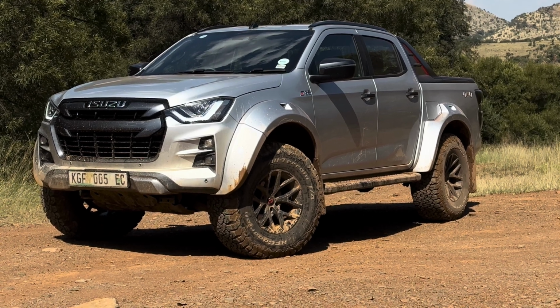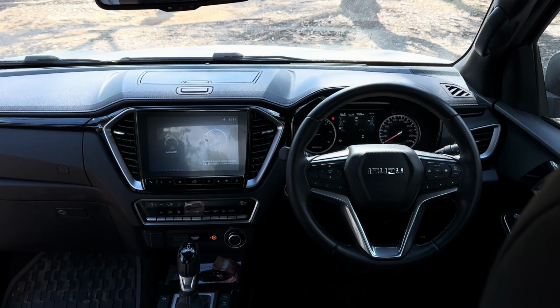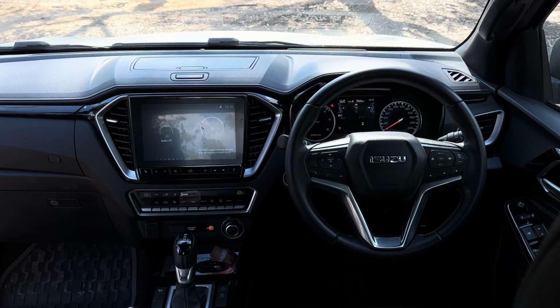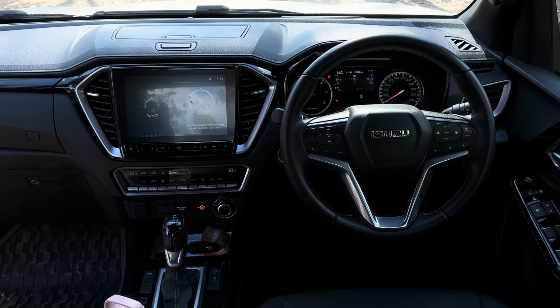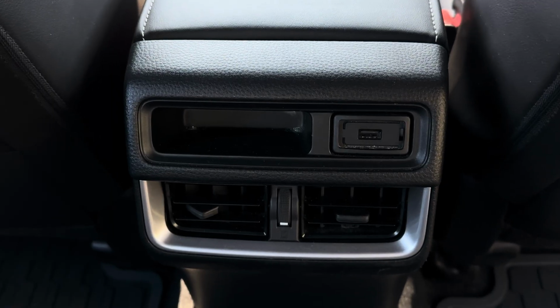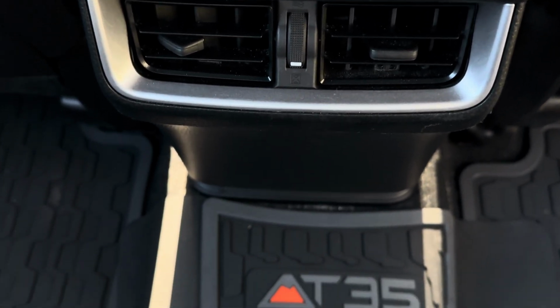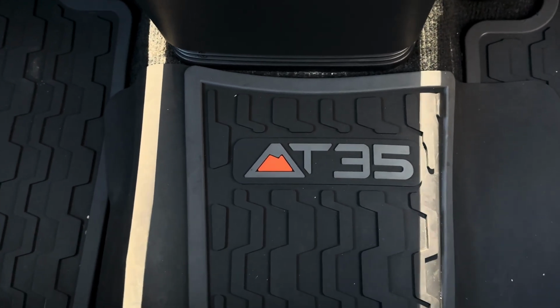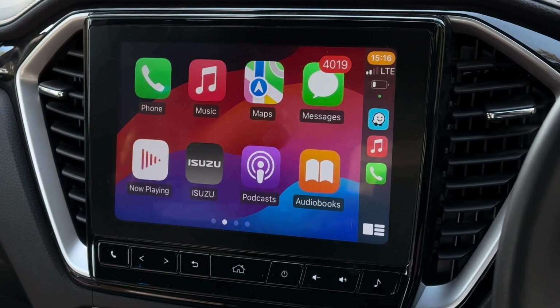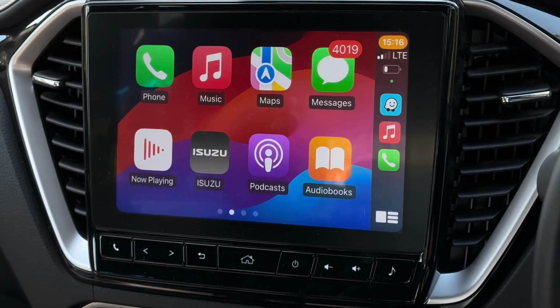Obviously, on the interior, you've got your Arctic Trucks logos on the back of your headrests, in the front and the rear. You've got one USB at the rear, two USBs at the front, as well as wireless charging. You also have your 12-volt charging socket. You've got a nice digital touchscreen infotainment system, and then you've also got analog dials here, and